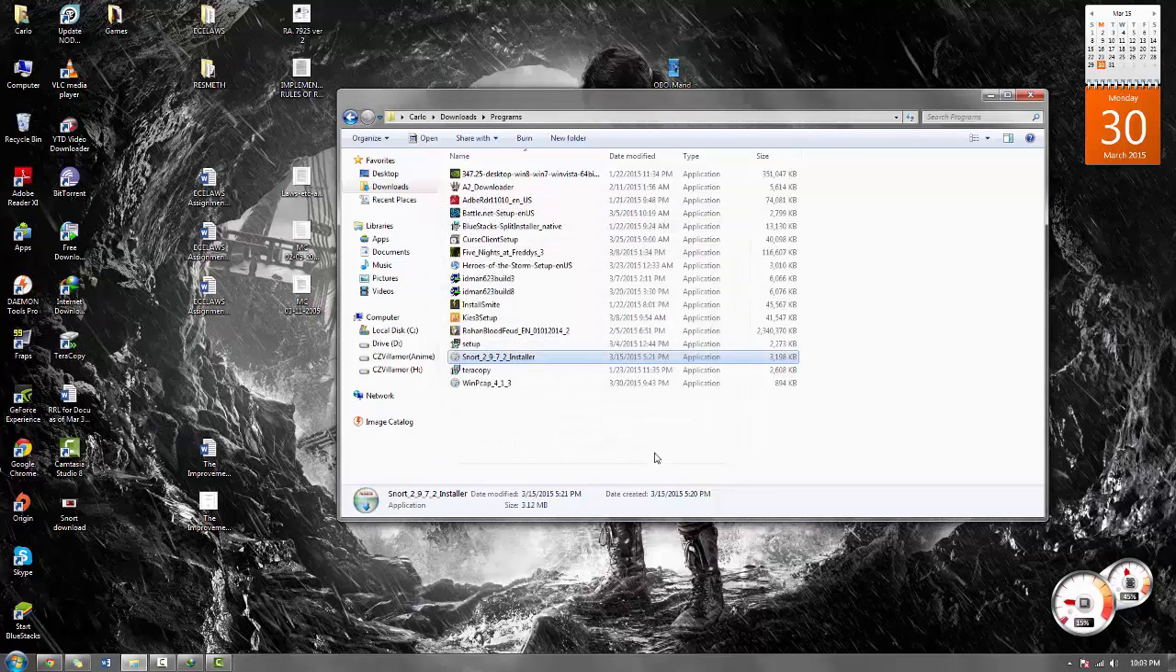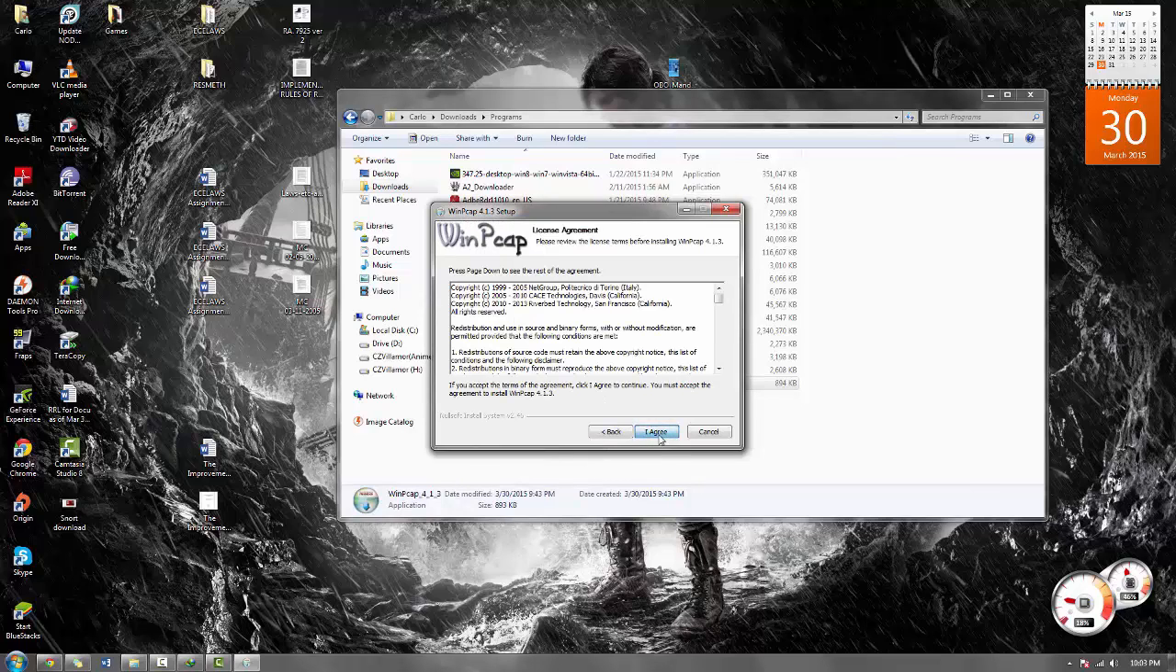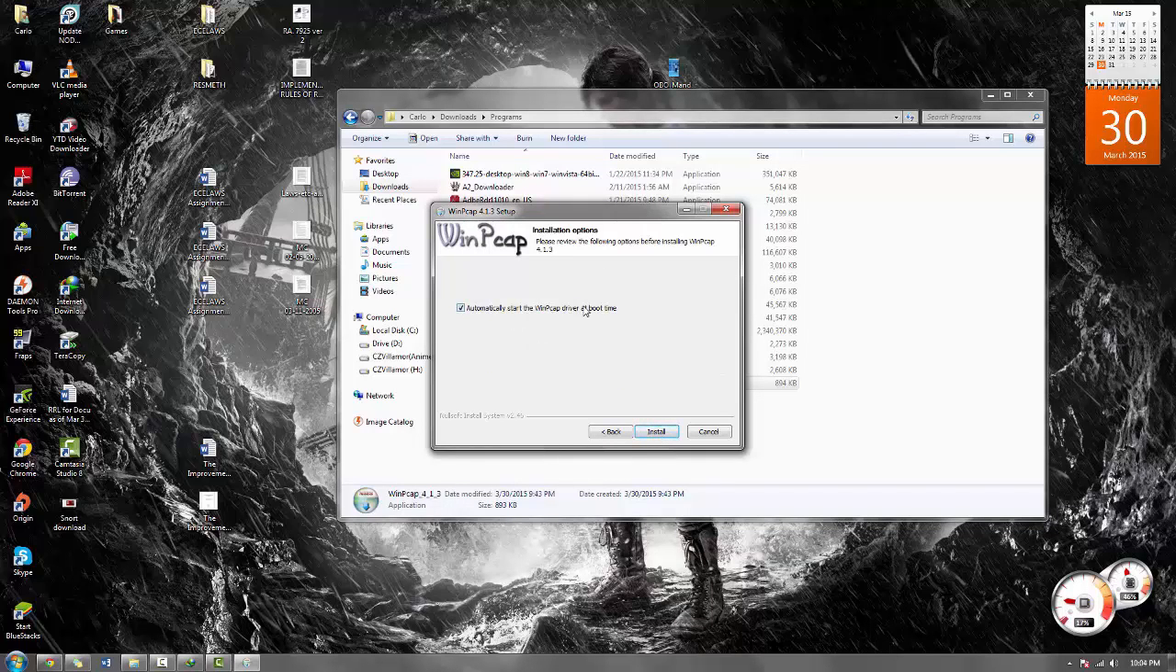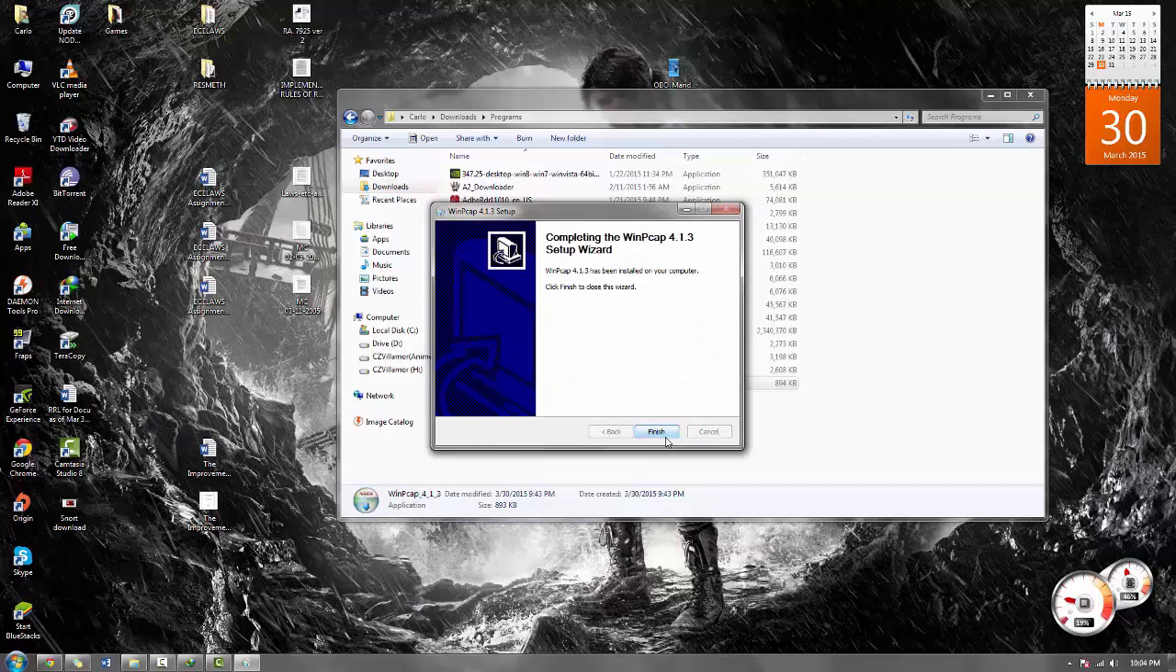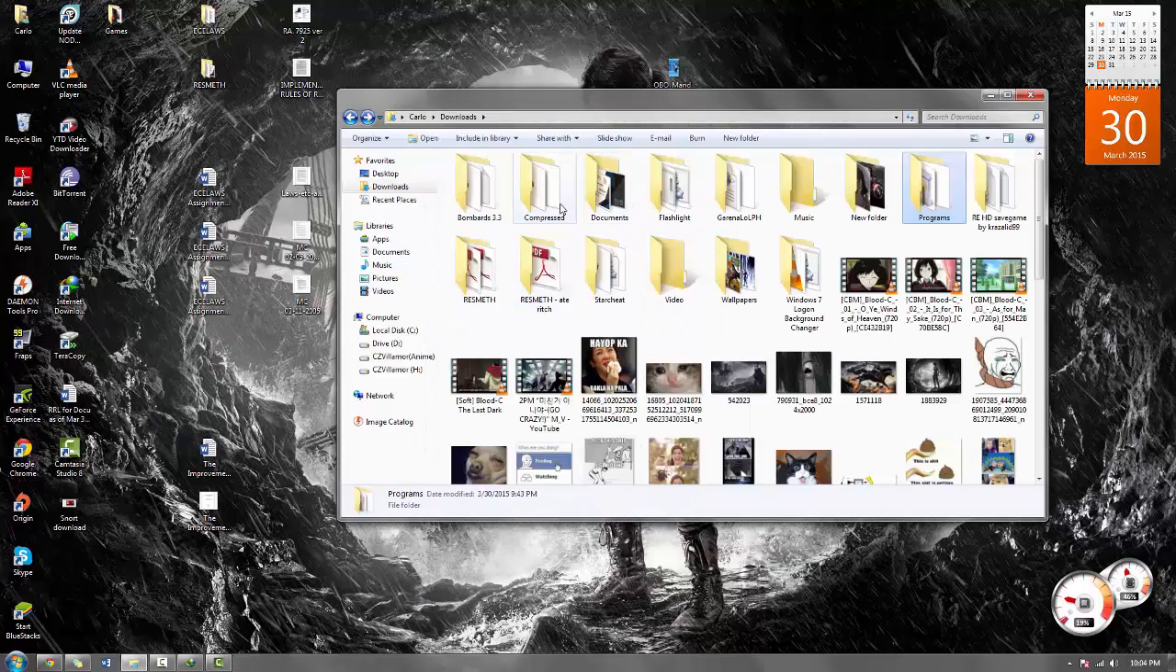So click OK. Then here's your WinPCAP. You run the installer. Next, I agree. Then it's best to check this automatically when you're going to start using Snort. So make sure that's checked and click install. Once it's finished, hit finish, and now the final step is to